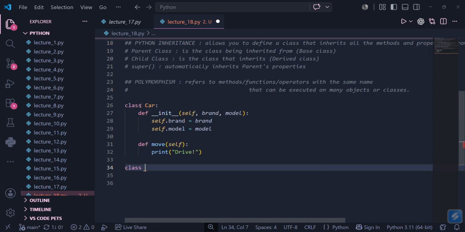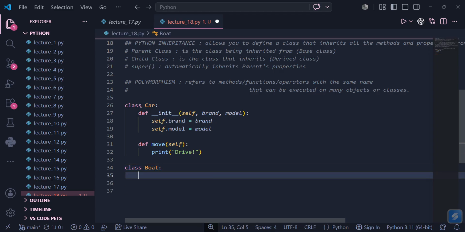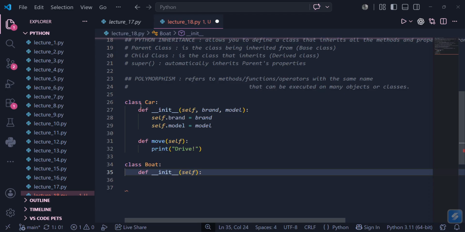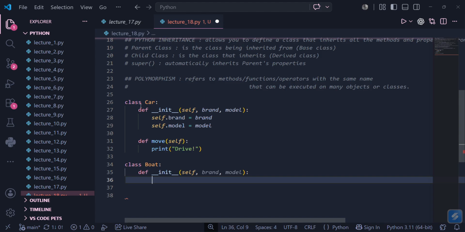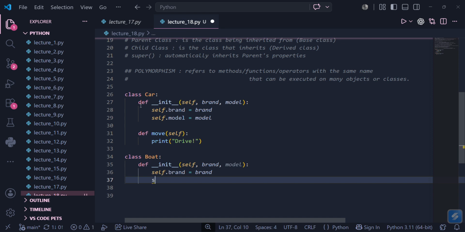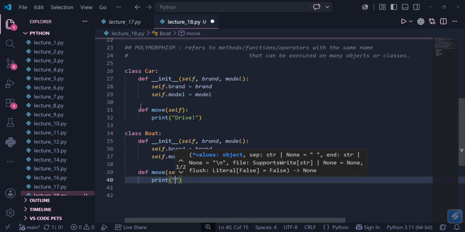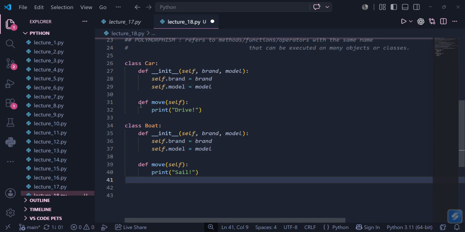Just like that, we will create another class called Boat, and inside it an init function, and inside it we will have the same properties, brand and model, and again self.brand equals to brand. self.model equals to model. And again the same method move(self), and inside it we will print sail. Okay,